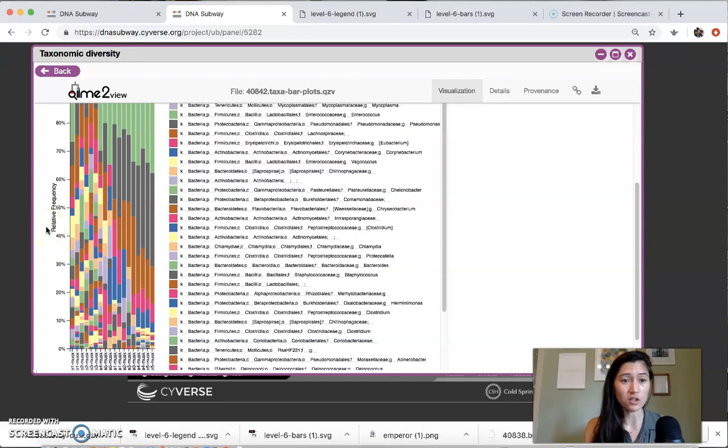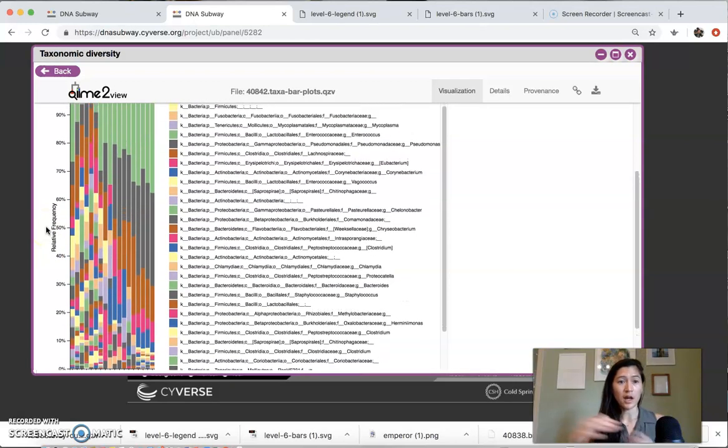So it's showing us for each of these samples roughly how common or how abundant each of these different bacterial taxa were in each of those samples. The right-hand side here is a color-coded legend that corresponds to each of the different bacterial genera that were present in these different